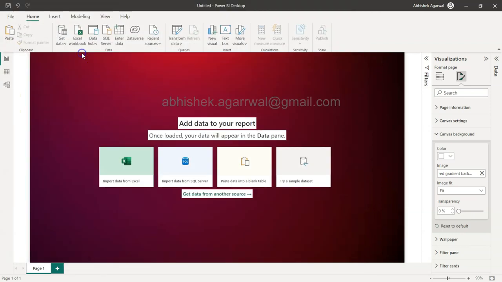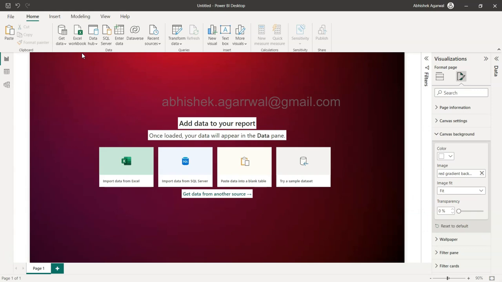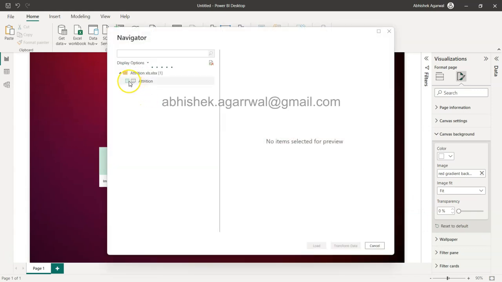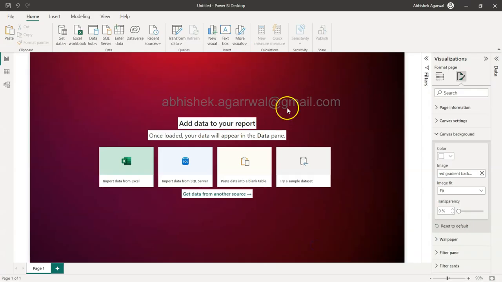We have the attrition data that we have already reviewed. I just double clicked over there and it will start evaluating the data, and a window will appear which will ask us that we want the attrition table. I check that. If I have multiple sheets, I can select multiple sheets and then click on load. So I have the option to load, and I have the option to transform data. Transformation is possible if, let's say, you want to change something in the data. But for now, I will simply go ahead and click on load, and it will start loading the data